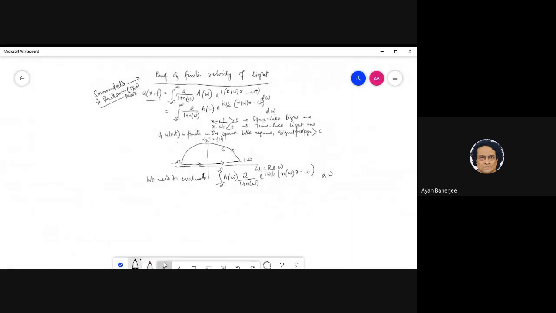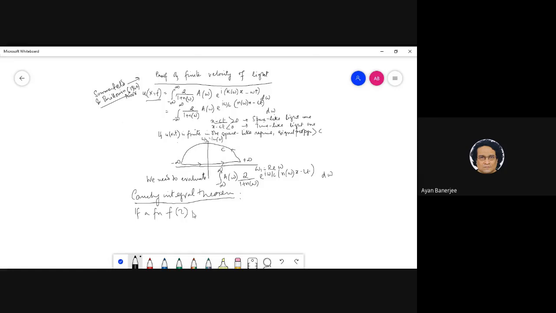Let us just finish. So before I go into this, a quick recap. The way we are going to find solutions is that we use the Cauchy integral theorem, and let me just jot these things down for completeness, so that nobody has to go on referring to textbooks when they refer to these notes. This is the main weapon that we have. It basically says that if a function f(z) is holomorphic, what does holomorphic mean?